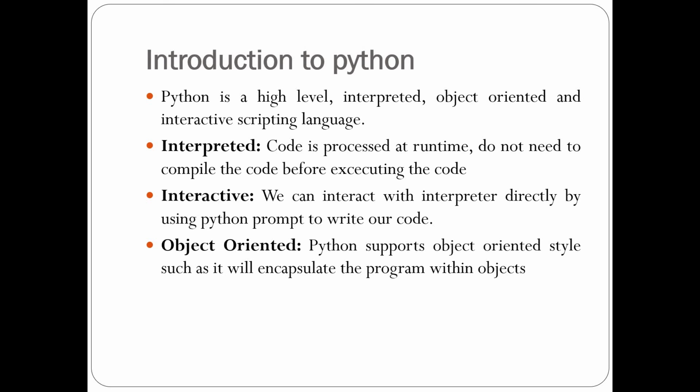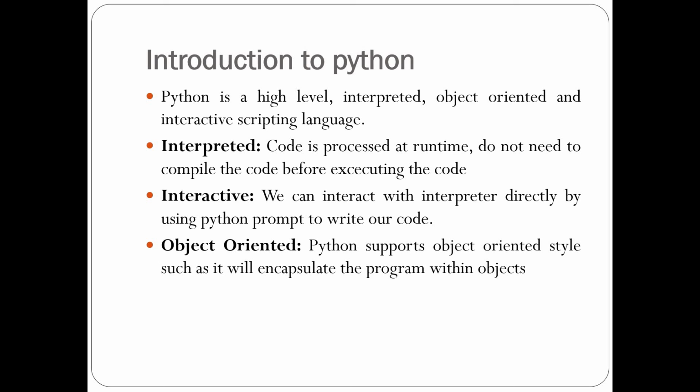Actually, Python is a high-level, interpreted, object-oriented and interactive scripting language. It is not only a scripting language, it is also a programming language. Why is Python a general purpose language? Because we can implement GUI (graphical user interface) and web applications, and we can implement data science related projects like machine learning models. We can implement statistical modeling in a very easy way in Python, and it is easy to learn and